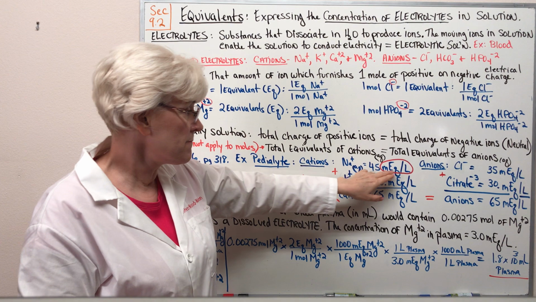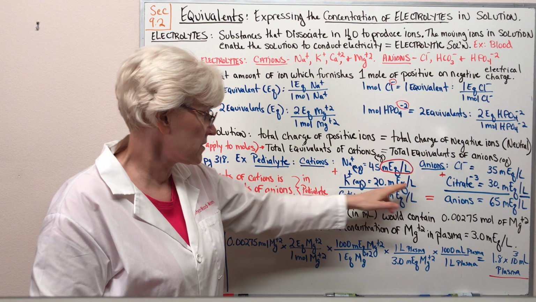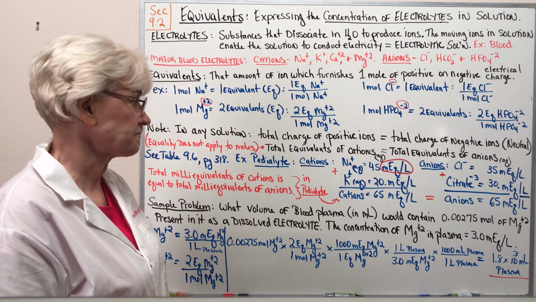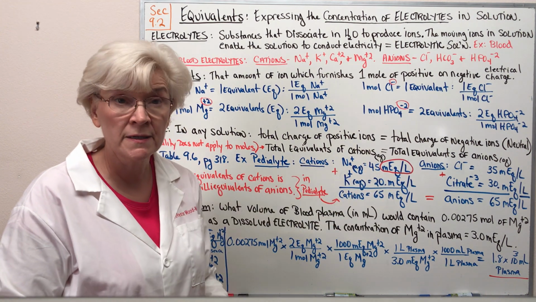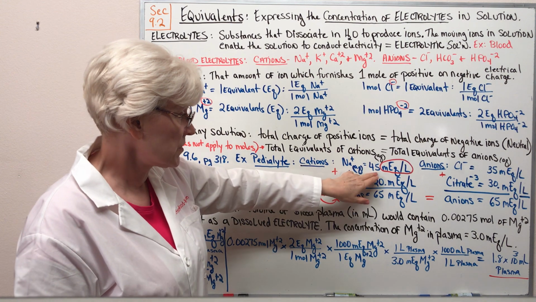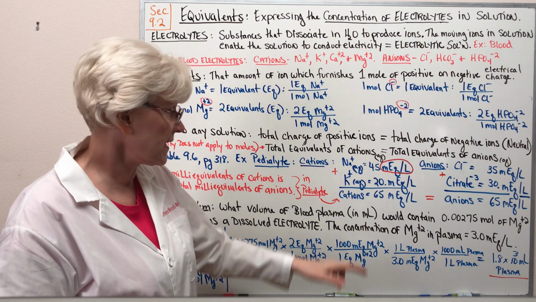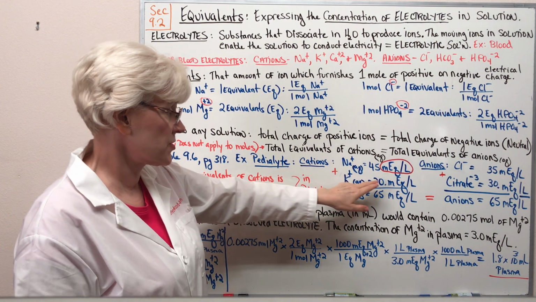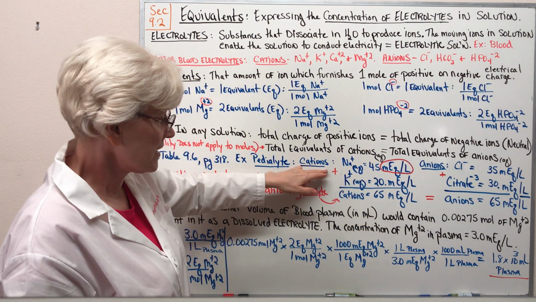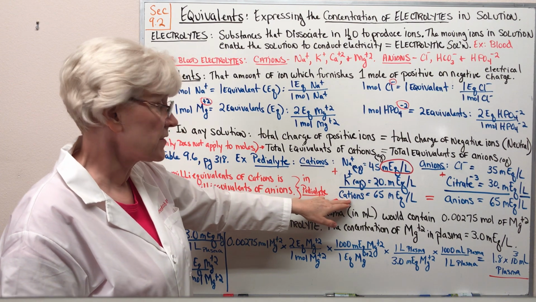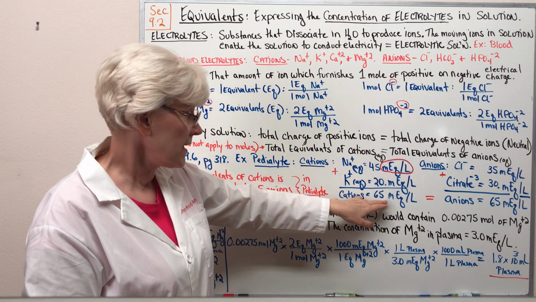So this would read milliequivalents per liter of sodium ion, milliequivalents per liter of potassium ion. So looking at the concentration of sodium ion and potassium ion in Pedialyte solution, sodium ion concentration is 45 milliequivalents per liter of Pedialyte. Potassium ion concentration is 20 milliequivalents per liter of Pedialyte. And if you add those two values up, you get the total concentration of cations present in Pedialyte equal to